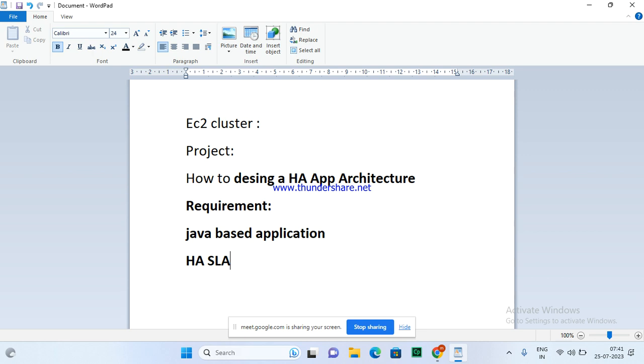You have to understand their business. So what does the customer say? HA is going to be high availability, and the service level agreement is to be done. Cost efficient.